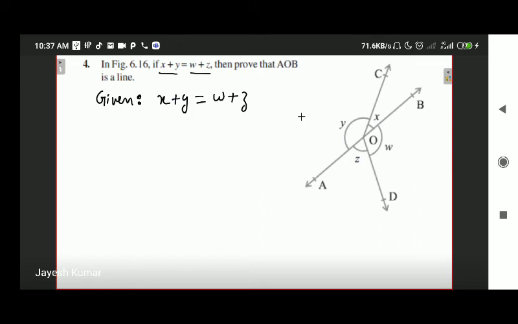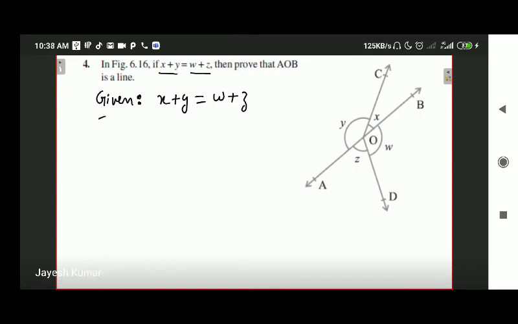So in this question we don't have any two straight lines, we have just one straight line. So I am going to prove either angle x plus y is 180 degree, or that angle w plus z is 180 degree. Either of the things will prove that AB is a straight line. Once again, let me remind you, in order to prove any line as a straight line, you can use vertically opposite angles, which can be used only when there is a pair of intersecting lines. And mostly you are going to use linear pair. So let's start with that.